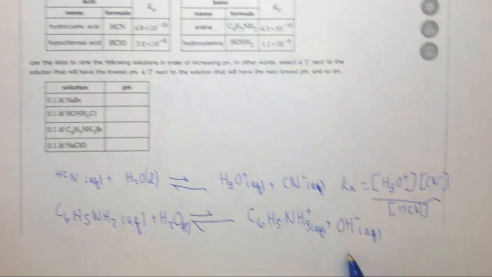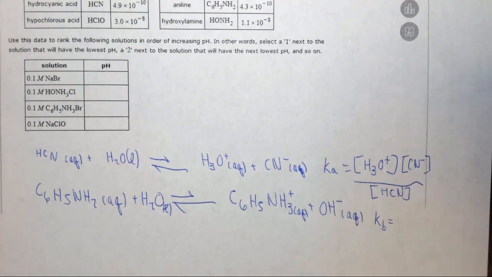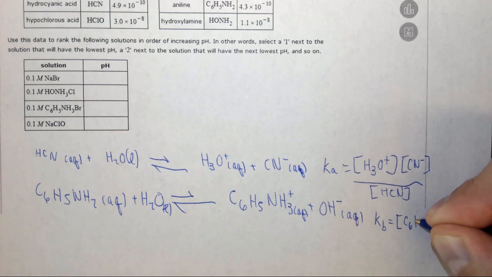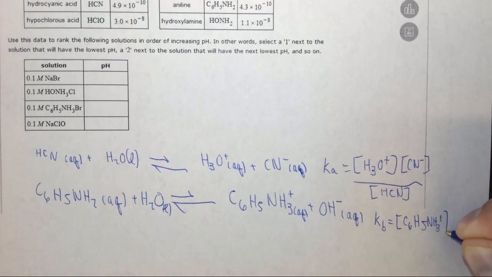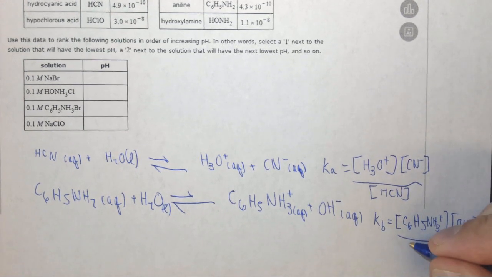We can write the Kb expression for this, and I'm just going to move it up. Kb equals products over reactants, C6H5NH3+ OH- over